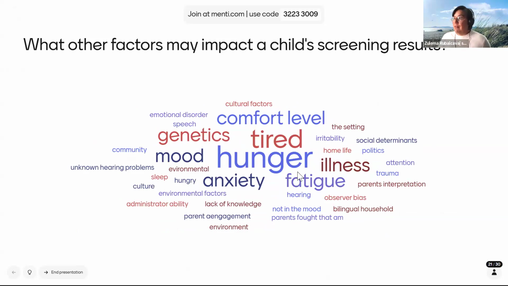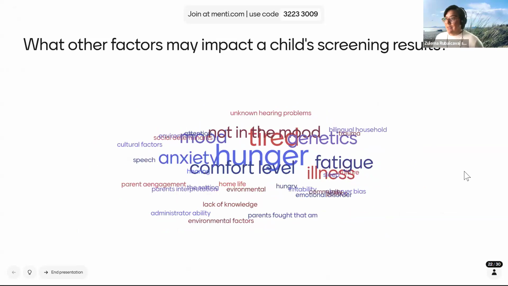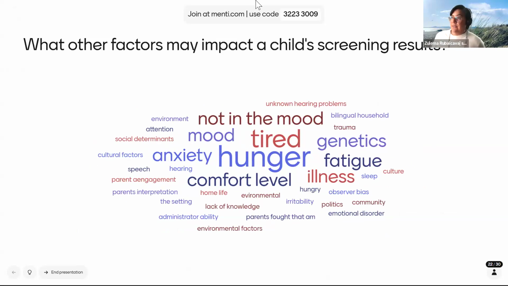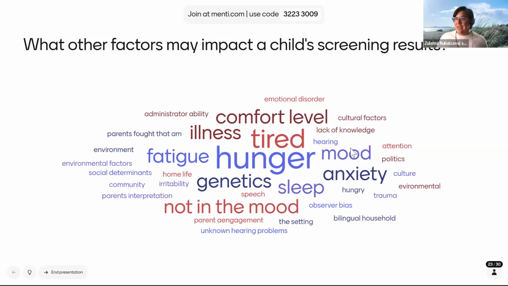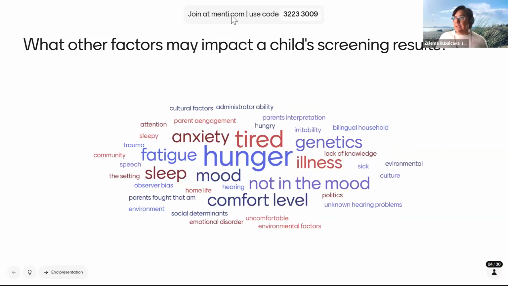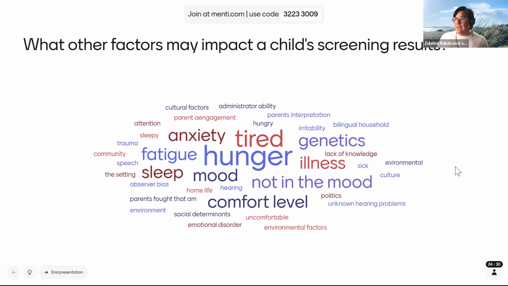Comfort level, hunger, fatigue, illness, anxiety, all of those are social determinants, right? Sleep, social emotional development absolutely impacts a child's screening results. Yeah, these are great. Thank you. Genetics, absolutely genetics. Yeah. Okay, let's go back.